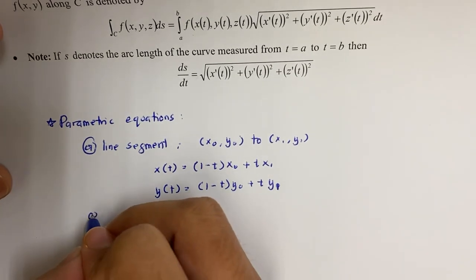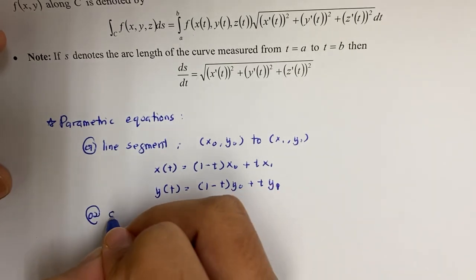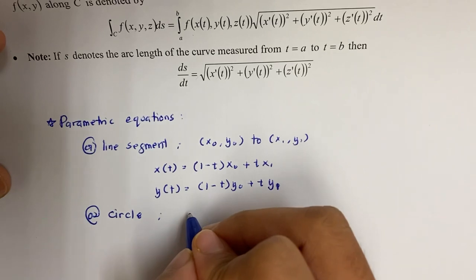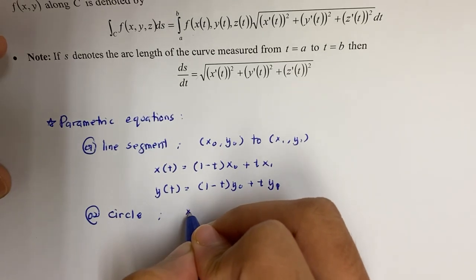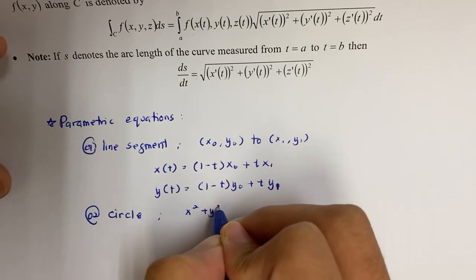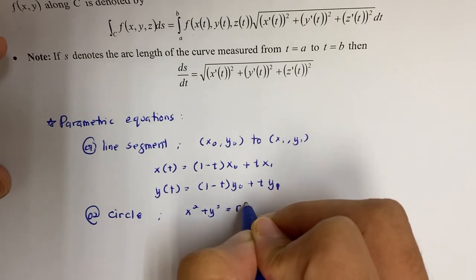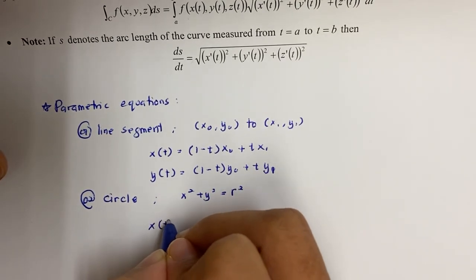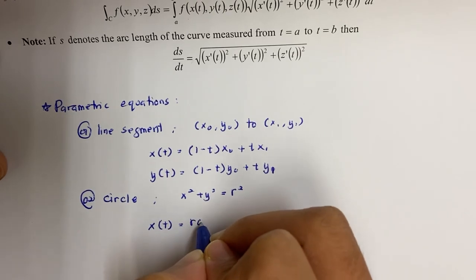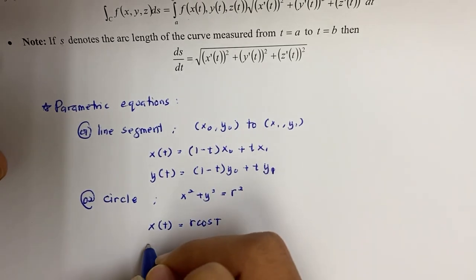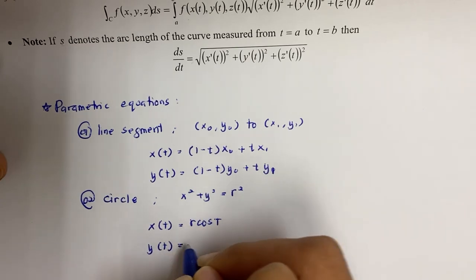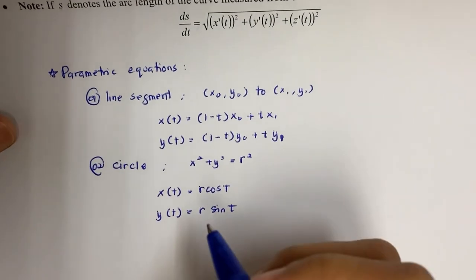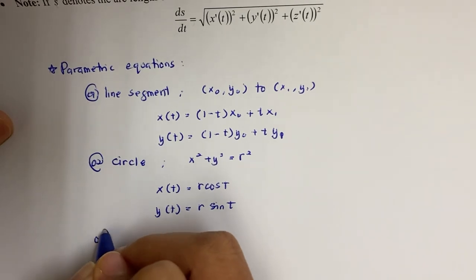The second one, if you have a circle. Okay, for a circle, let's say x square plus y square equal to r square, x(t) is given by r cos t and y(t) is written as r sin t. And the last one is